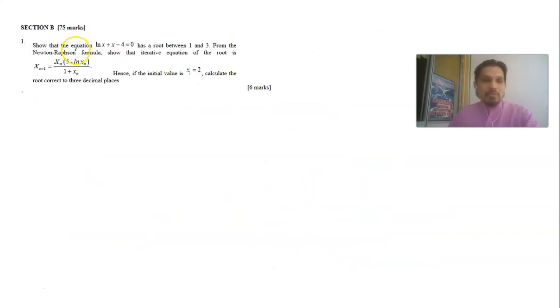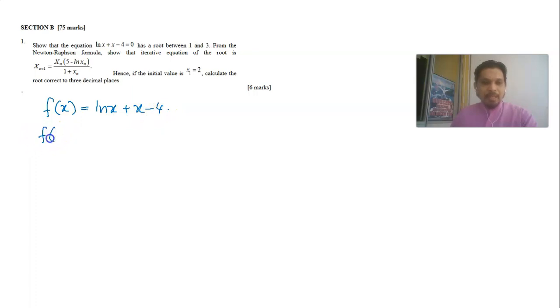Now we look at the first question of section B. Show that the equation of this one has a root between 1 and 3 from the Newton-Raphson formula. Show the differential equation is this one here, and with the initial value of x1 equal to 2, calculate the root correct to 3 decimal places. So just imagine that if we take this as a function, f(x) equals natural log of x plus x minus 4,